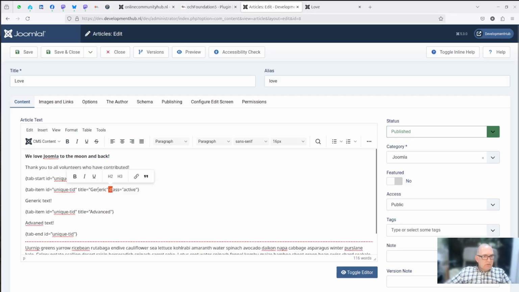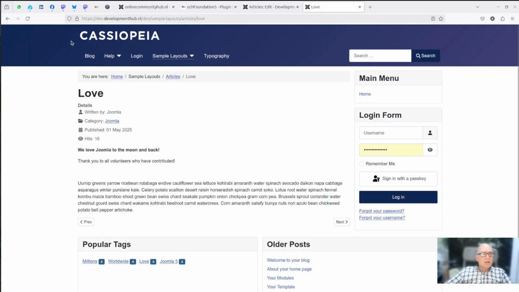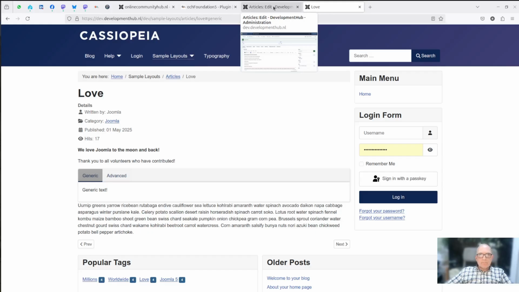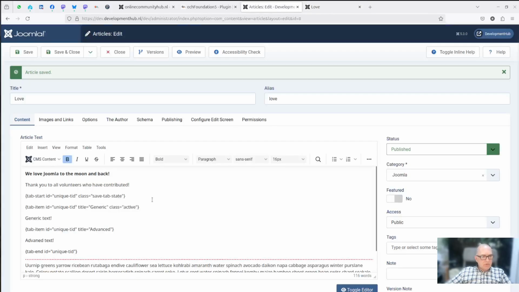Here you can see that the generic tab will be active. So that will be pre-selected. Let's save it. Refresh the front page. And there you have it, as simple as that. A generic and an advanced with the advanced text. Made a typo here. And just the same as with the accordions, tabs can be nested as well.